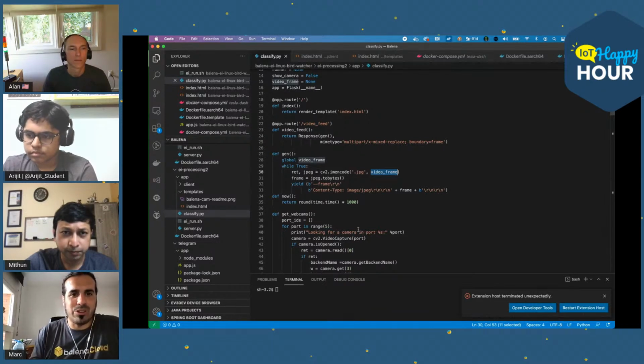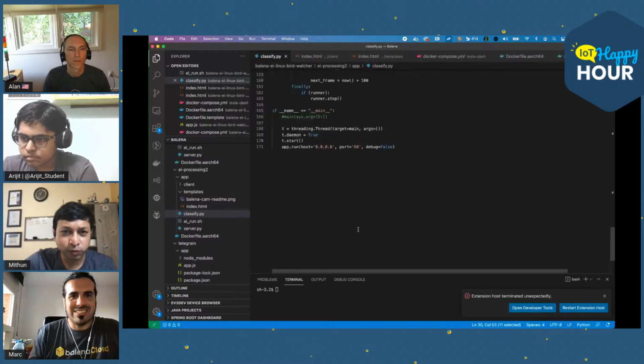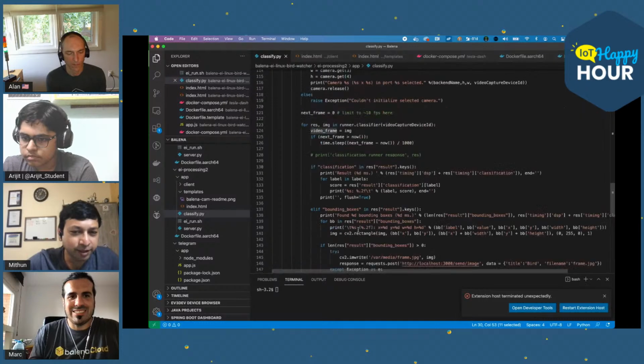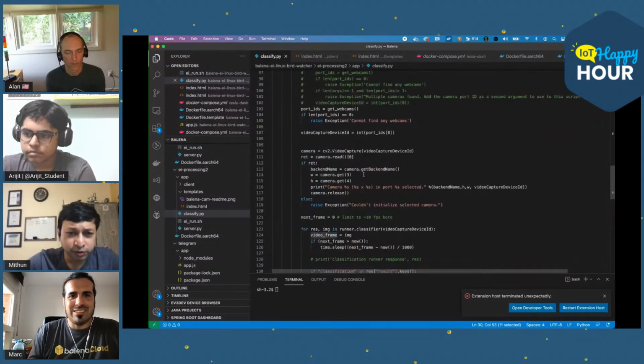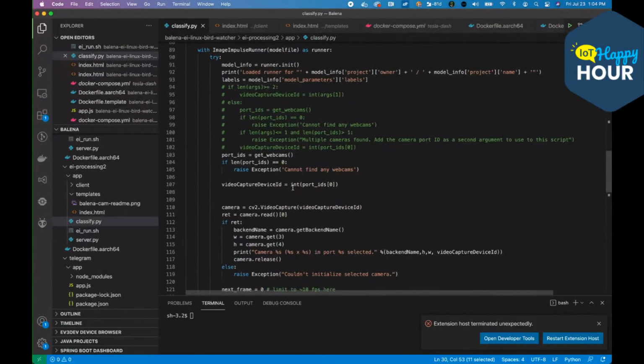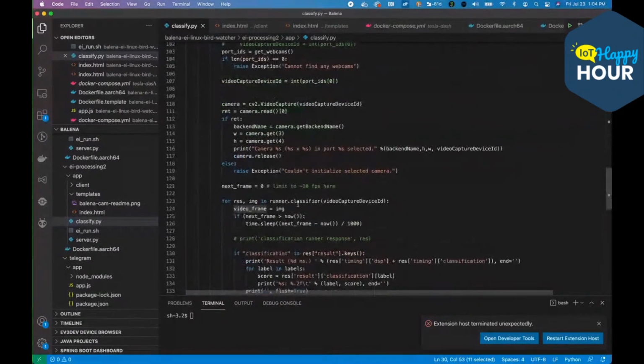Yes, we see your code now. So this is what we are using. This is the Edge Impulse SDK written in Python. You can use that SDK and run your object detection. The cool thing is that the classifier actually returns you the feed, so you can do anything you want with it.